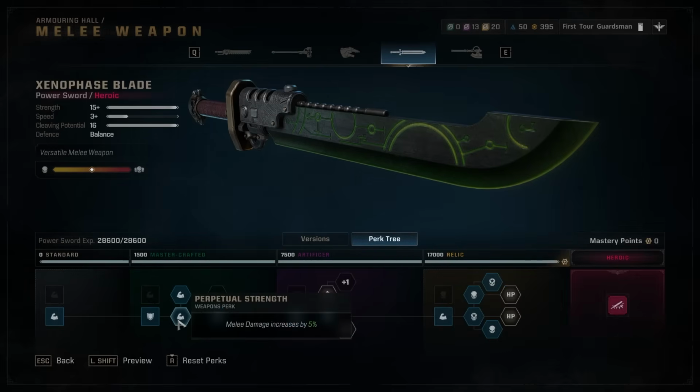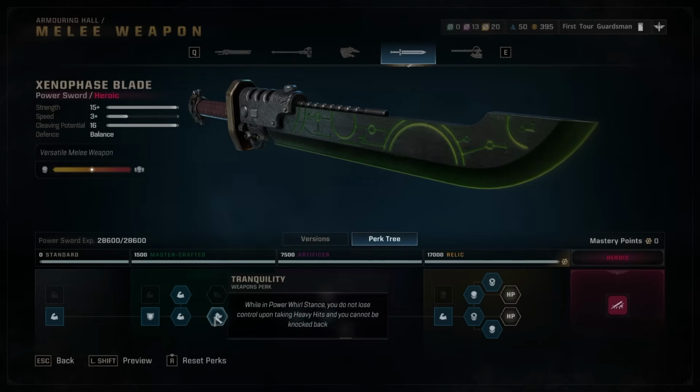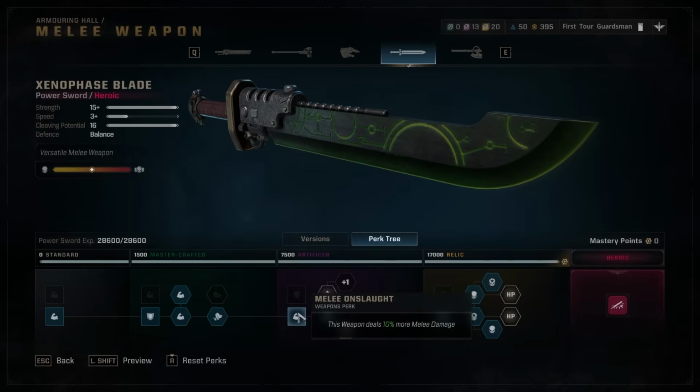Then I pick up the perk Perpetual Strength and Perpetual Strength, and I move over here into the perk Tranquility, which really doesn't do a ton for us. We have to take this, move into the perk Melee Onslaught for a flat 10% melee damage bonus, and then I pick up Hard Target, move over here into the most important perk, which is Cutting Edge. Power Rake deals 50% more melee damage. Now Power Rake is just the standard heavy attack on this thing. Very strong option, and this one just gives it tremendous damage on top of everything else,